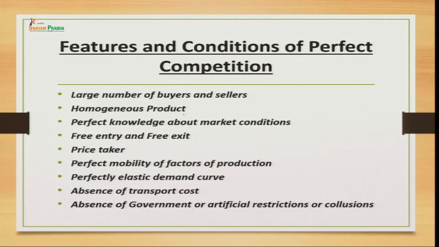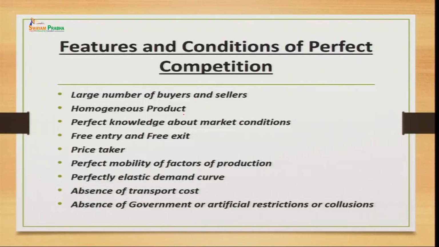Then we have price taker. Again, this is a very important point which we need to take into account: the firms under the perfect competitive market are price takers, and they take the prices from the market. Based on those prices, they sell their commodity. So it is important for the perfect competitive seller to focus on cost, because this is the market where they cannot determine the price of their commodity. Whatever the demand and supply in the market, accordingly they have to price their commodity. So if they want to increase their profit margin, they have to work on the cost, on how they can reduce the cost of production to increase the margin of their profit.